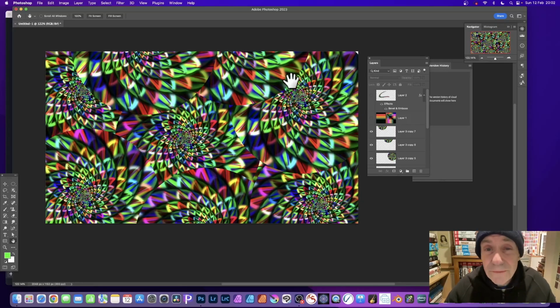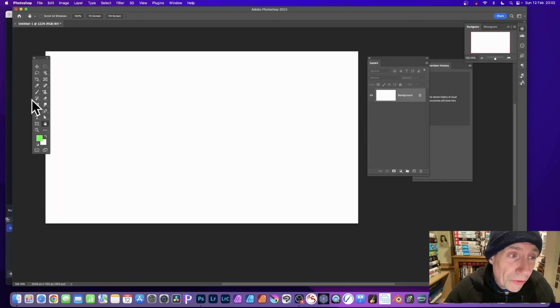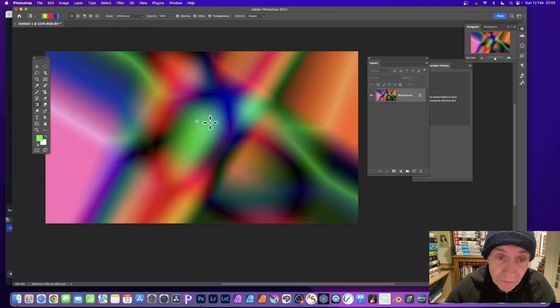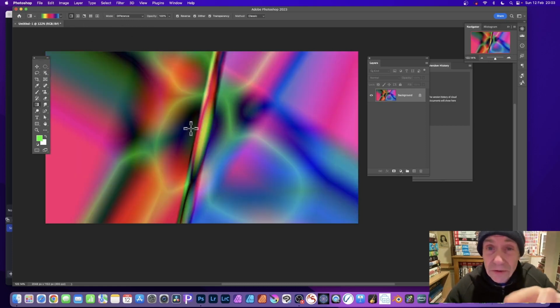How to create a colourful design such as this in Photoshop. You can use images, but you can also use gradients. So select a gradient, and I'm going to go for a rainbow gradient, and I'm going to use blending mode difference and linear. So just apply it a couple of times. And I'm going to create a very, very narrow gradient in the center, because what I want to do, I